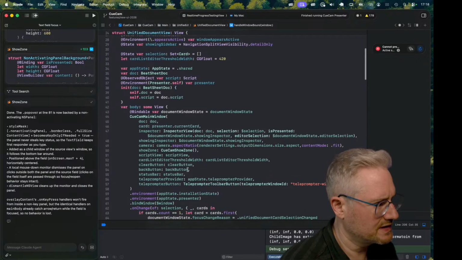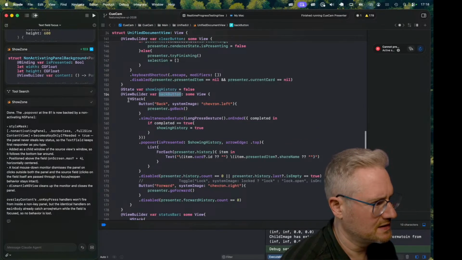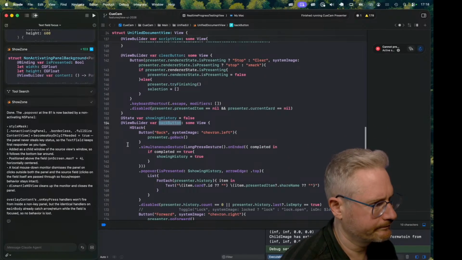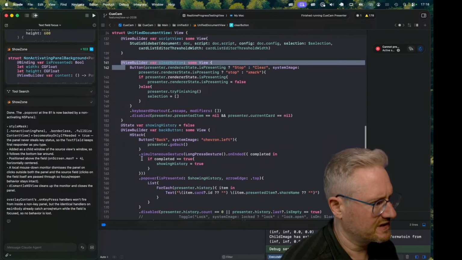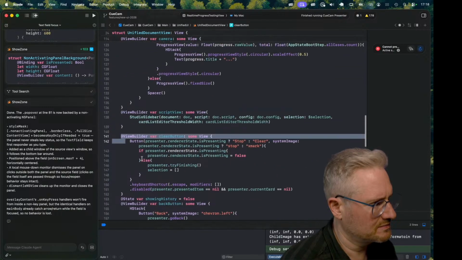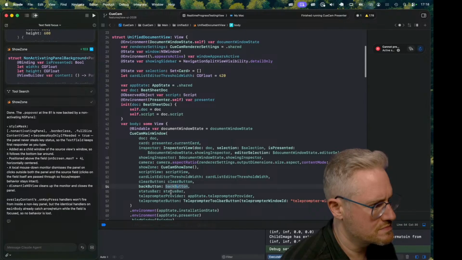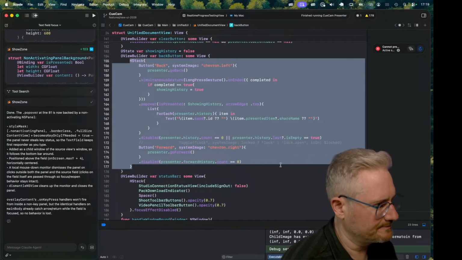It was doing back button, forward button, back button and forward button. What is back button? Back forward. A back button has both buttons. Okay, let's just